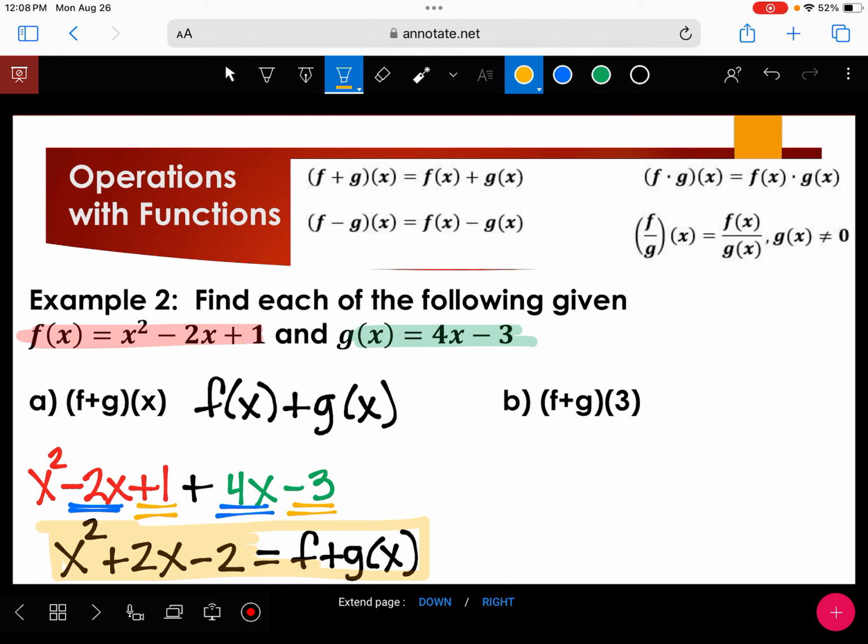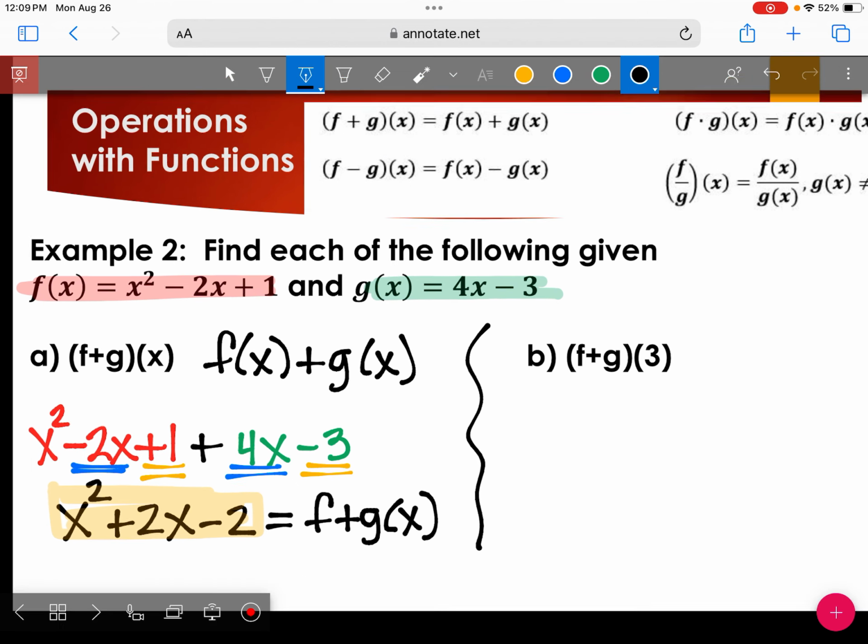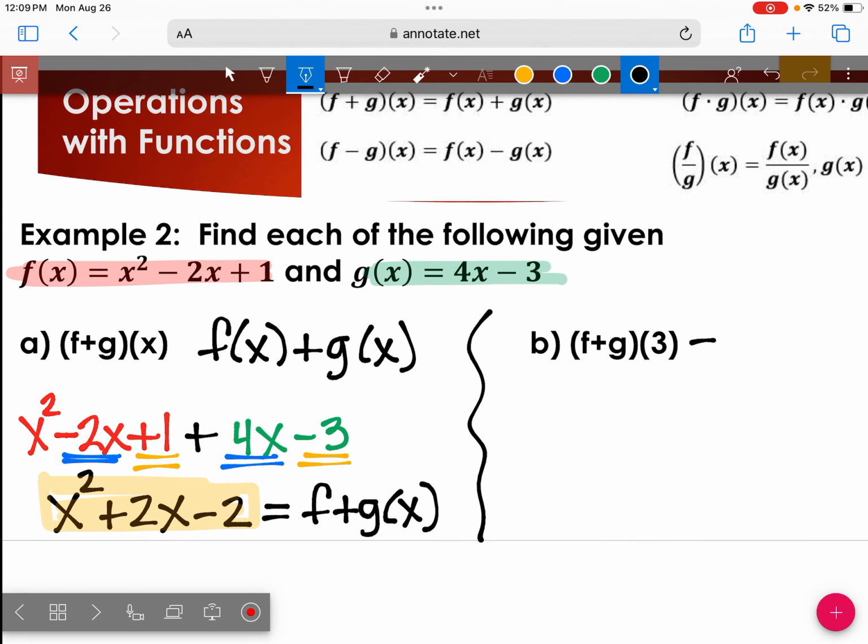Right there. Let me just highlight this part. All right, there's 2 different ways to do part B. And I'm going to do them both ways so you can decide which way you want to do it on the quiz or test. The first way to find this would be to use this function that you just created